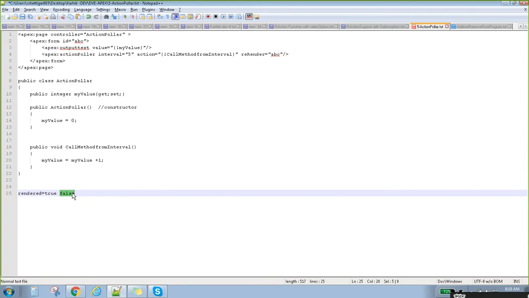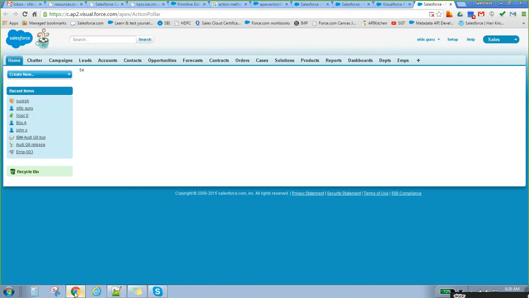In that case, in the controller we can set one flag, let's say some xyz flag, dynamically. Set it as true and it is going to display. If you make it false, then it won't display. So this is how the rendered flag is used. If you want, I can show you the example.